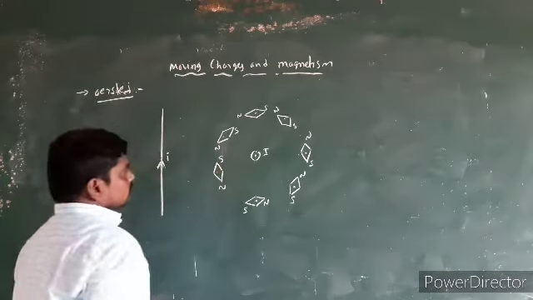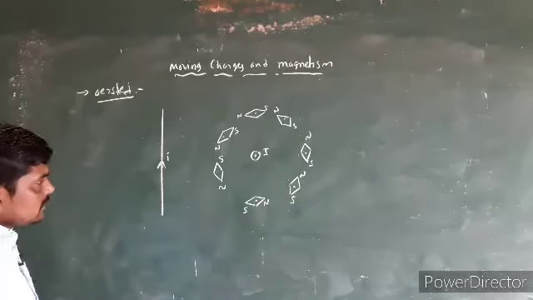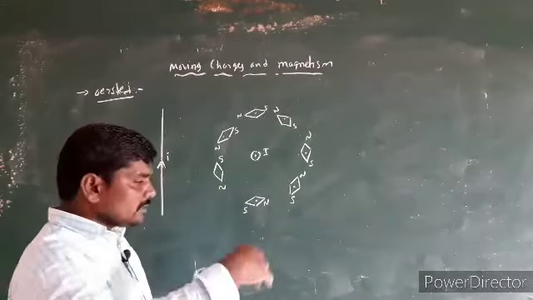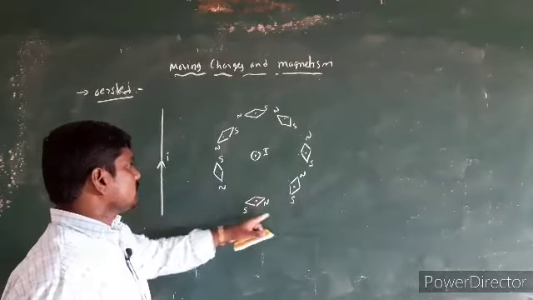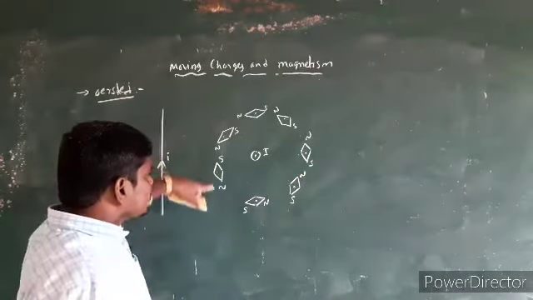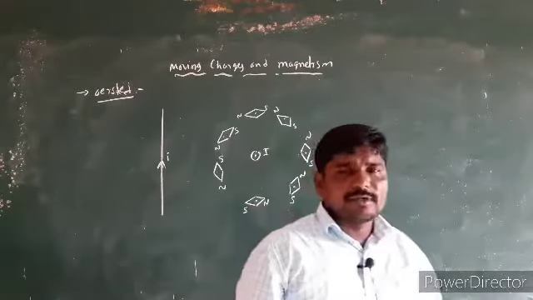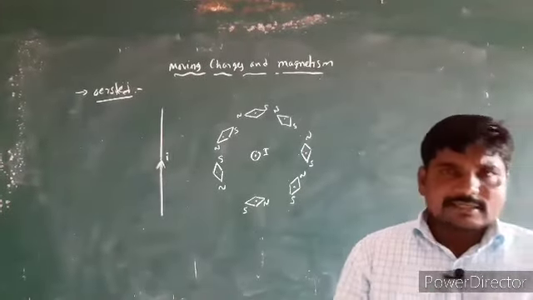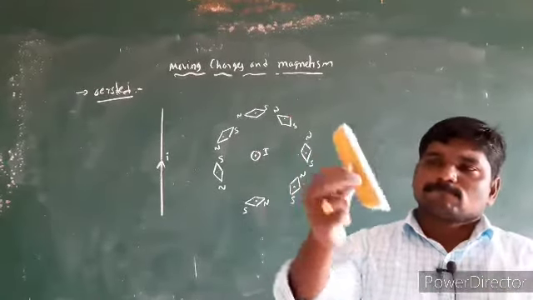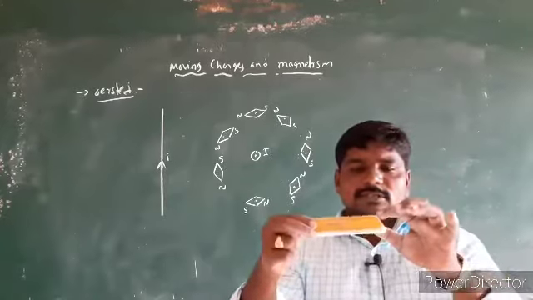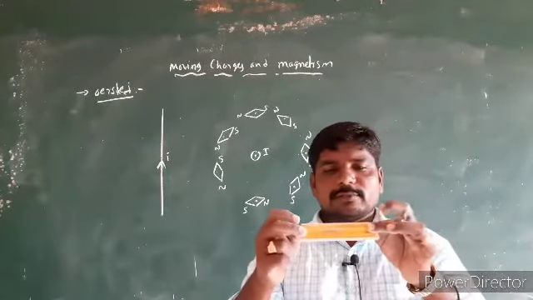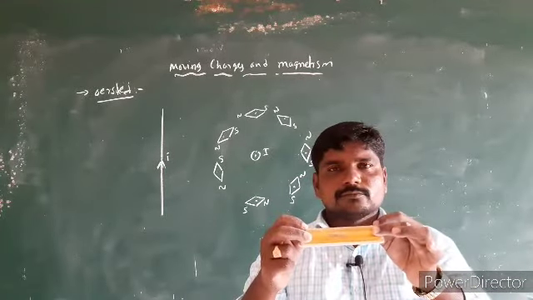Like this. When a magnet is placed in the vicinity of the conductor carrying current I amperes, the magnetic needle changes direction by itself like this. Why does it change its direction by itself? He observed this. Generally, consider this is a magnet. This is the south pole, this is the north pole.